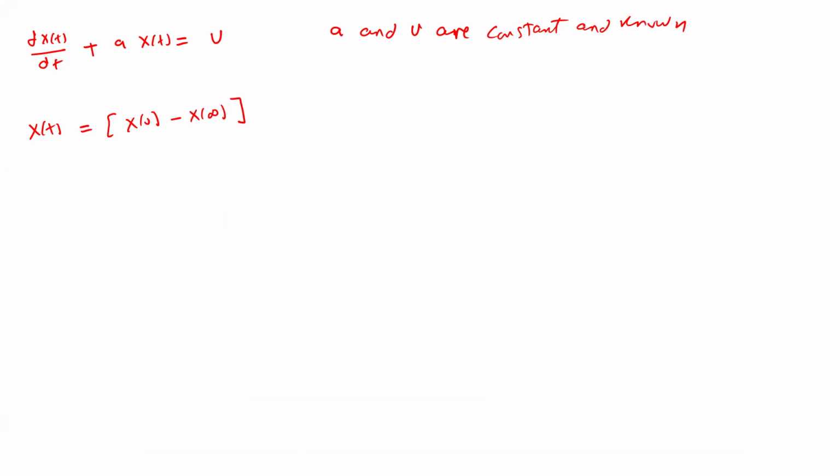Okay, so one time I told you, if we have a first order differential equation like this one, here the unknown is x of t. So x of t here, this is the unknown. This is the equation. A and u are known and they are constant values. If you have a differential equation like this one, the solution is